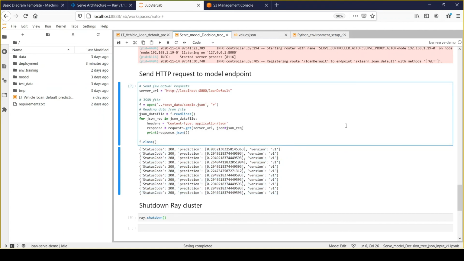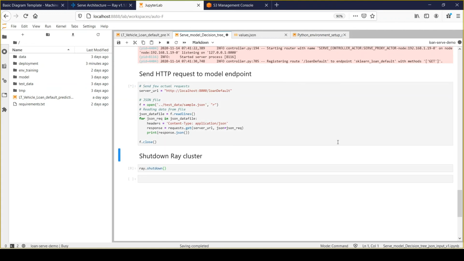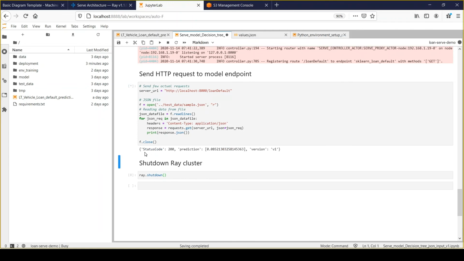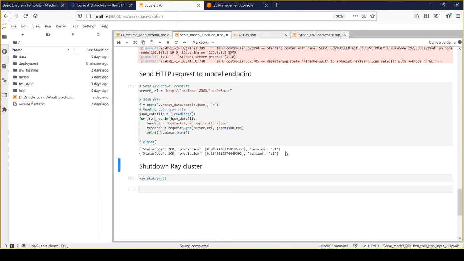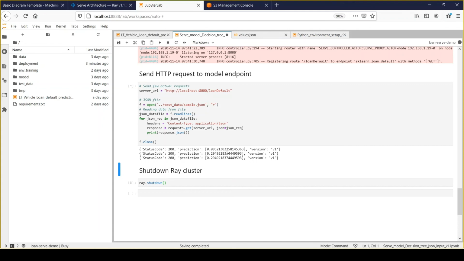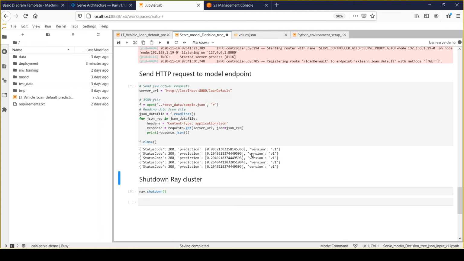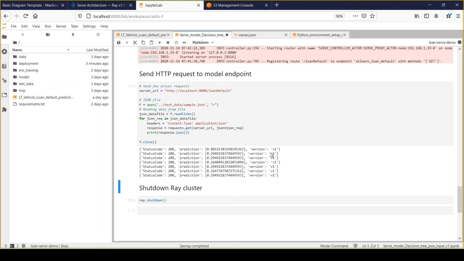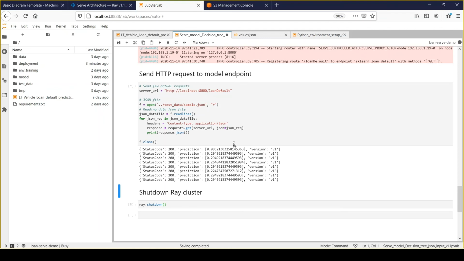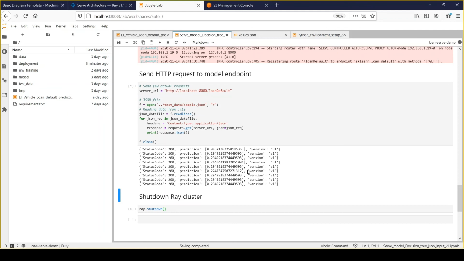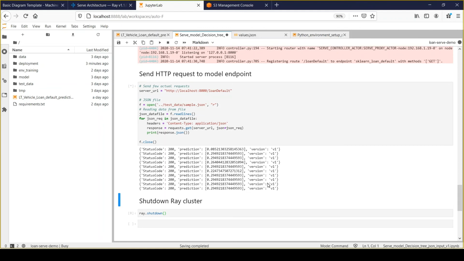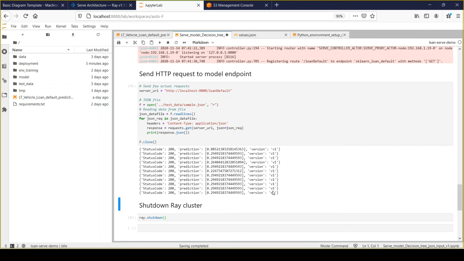So we'll simply run it, and now you can see that I'm getting a response back from my ML API. You can see the prediction is varying, and it will process all the 11 requests which we have added in my sample.json file, and it will write all the output here. So in this manner we can test our model API.